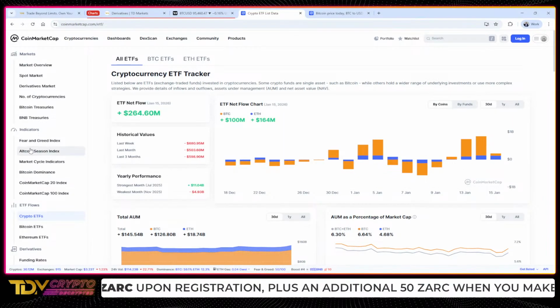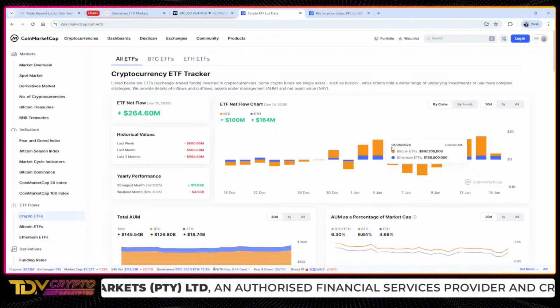In terms of the altcoin season index, nothing much to take out of that. What's driving the markets right now is these inflows and outflows as a result of manipulation, right? Remember, the regulation in the US is bullish for Bitcoin, is bullish for crypto. So what's happening right now is manipulation. Bitcoin should have broken the all-time high a long time ago, but because of what's been happening, this is how we can position ourselves.